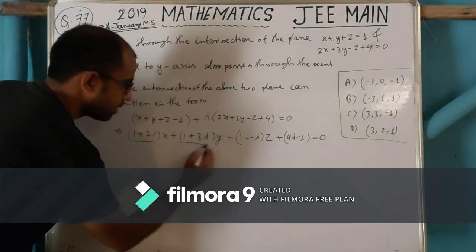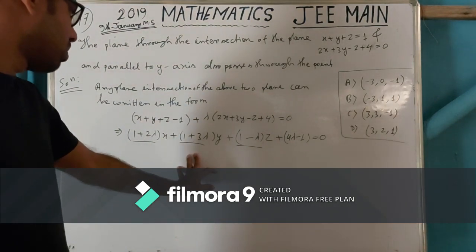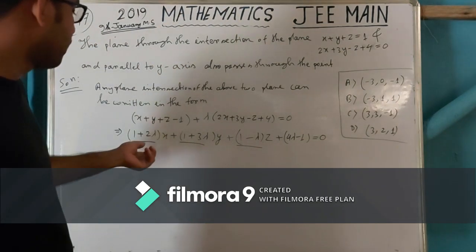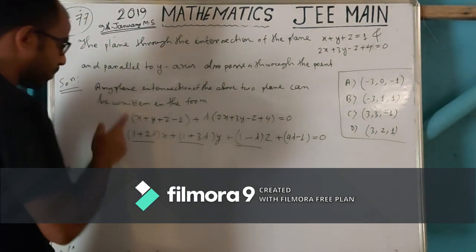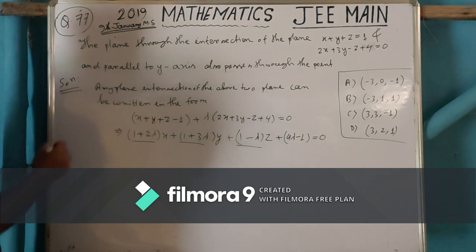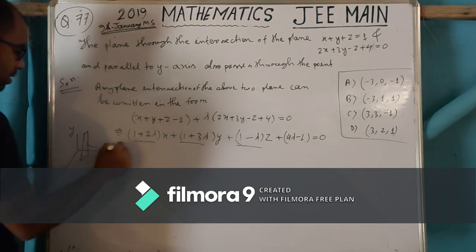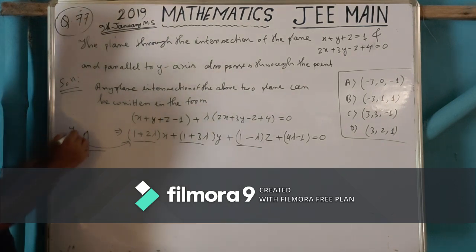this and this are the direction ratios of the normal to the plane. That means direction ratios of the normal to this plane. And this plane is parallel to the y-axis. Suppose we draw a figure. This is the y-axis and this is the plane, and this plane is parallel to the y-axis,